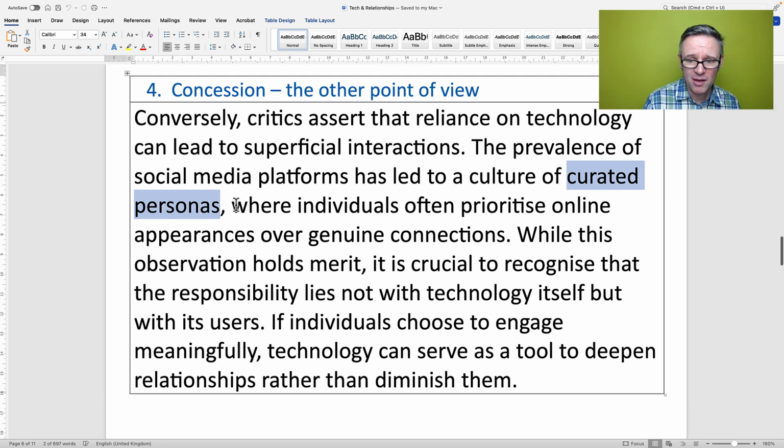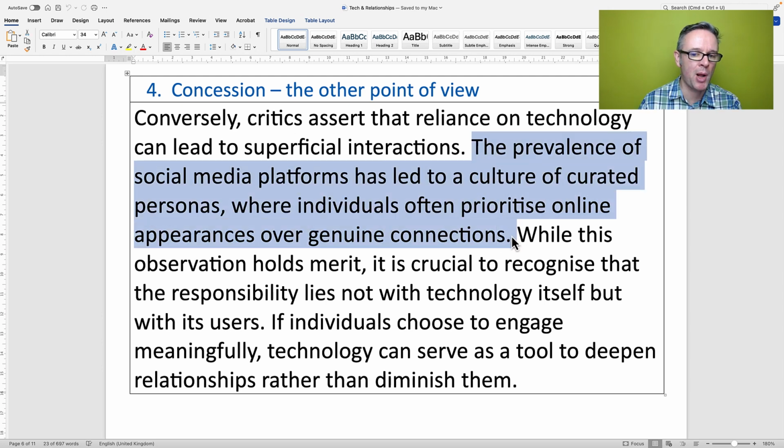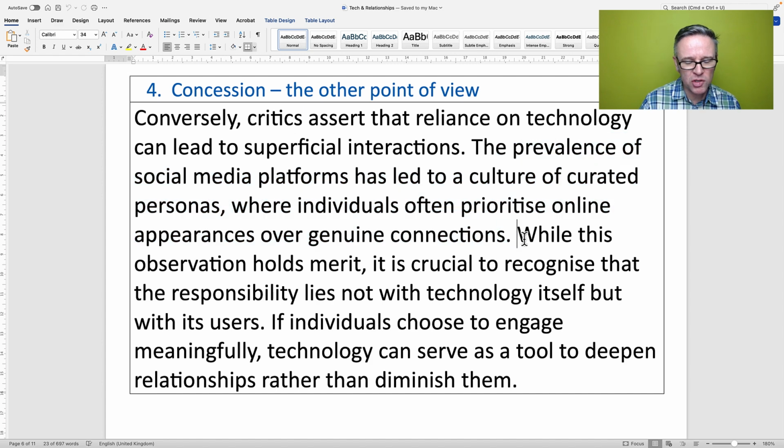And then we have a subordinate clause where individuals often prioritize online appearances over genuine connections. Prioritize means to make more important, so people are making online appearances more important over genuine connections. And I'm going to read this full sentence again. The prevalence of social media platforms has led to a culture of curated personas, where individuals often prioritize online appearances over genuine connections. While this observation holds merit, while this is a good point, while it's valid to hold merit,